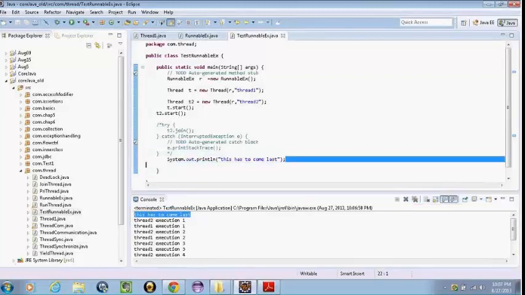So when I uncomment this code, when I say T2.join, this piece of code executed by the main thread waits when the program encounters this line. When it executes T2.join, it stops the main thread until T2 gets executed. See, this comes not at the last, it comes at the end of T2.